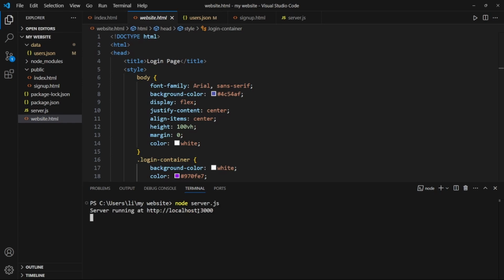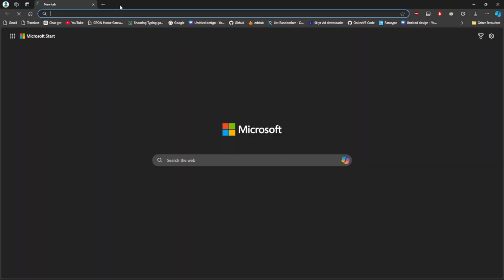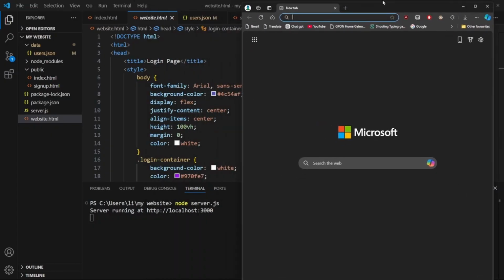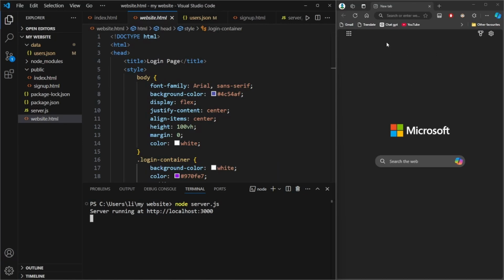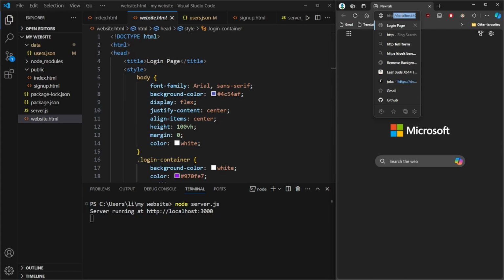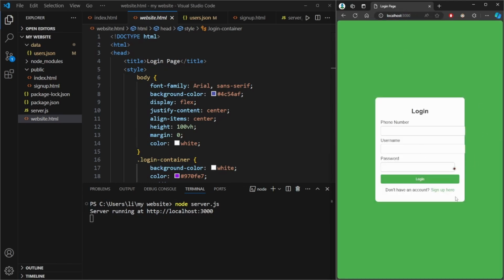where I have set its port to 3000 manually, so it will run on that. So this is our browser here, and let's enter our website name, which is http://localhost and 3000. Now our website looks like this, and where you have a login page and a sign up page or link